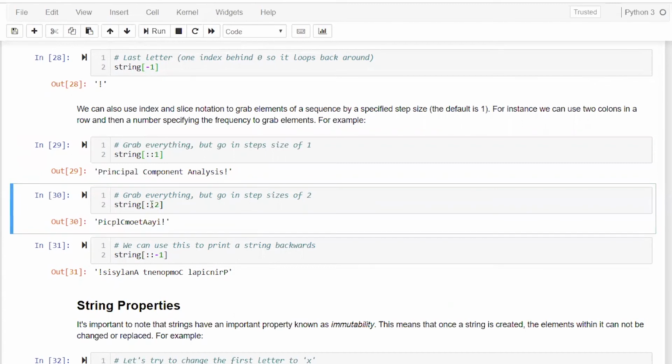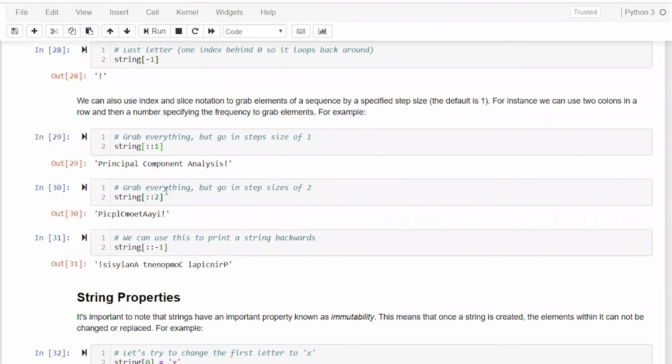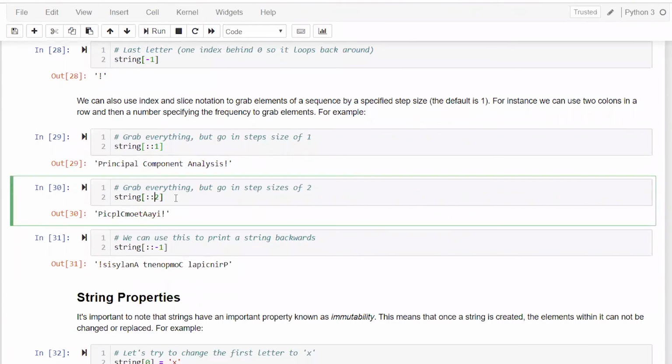So when you do double colon 2, with the double colon, what do we have? In double colon, you can simply specify the step size in which you want to grab. In principal component analysis, I have the first element, then I go two elements next. So I go to I, and then I go to C, and then I jump to P, then I jump to L. As you can see here, that's occurring in steps.